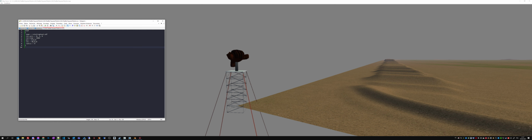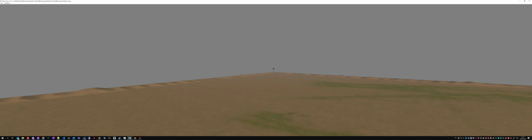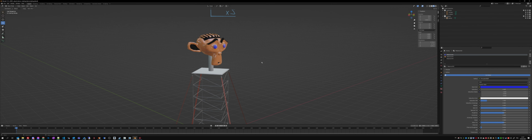Here it's 5 seconds. If I want it to rotate very fast, at 1 second, just reload the map. And now you'll see this freaky monkey. So that's it. Pretty quick tutorial.